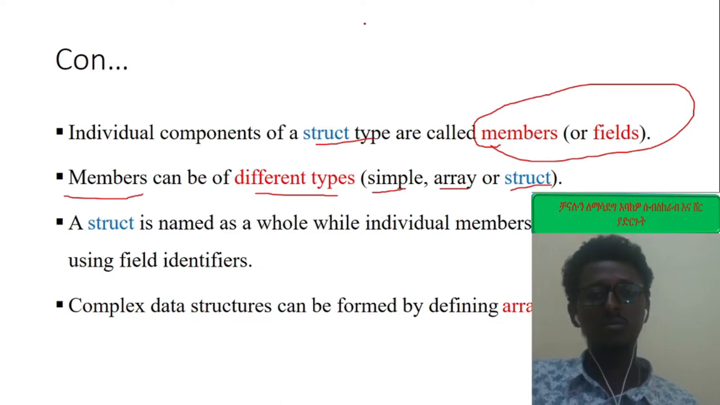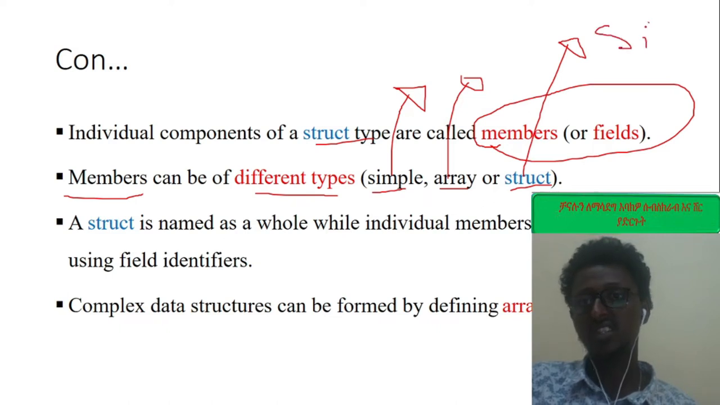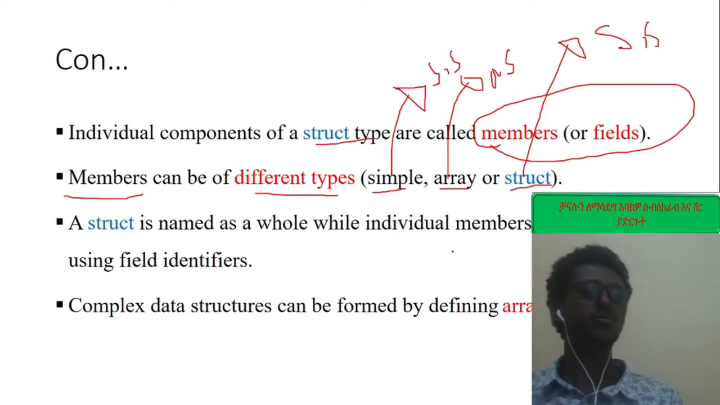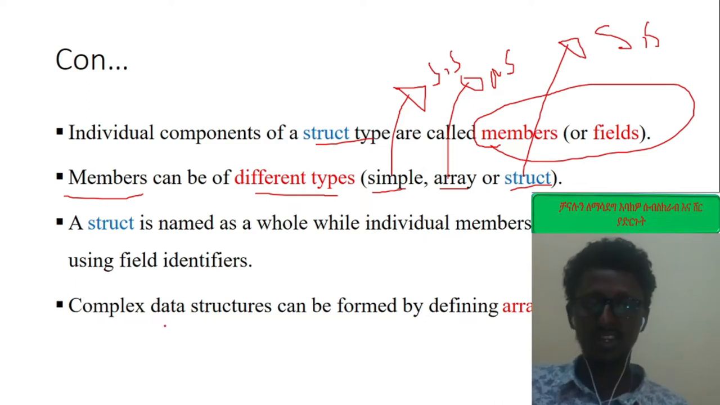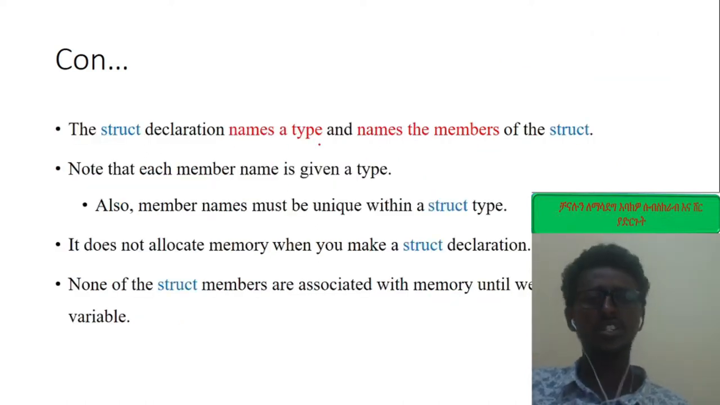For example, it may have a simple structure, an array of structure, or a structure of structure. A struct is named as a whole, while individual members are named using field identifiers. Complex data structures can be formed by defining arrays of structures, and the struct declaration name is a type,